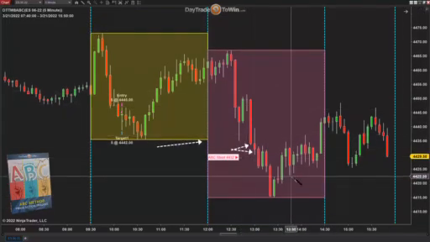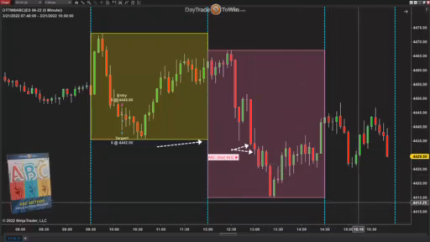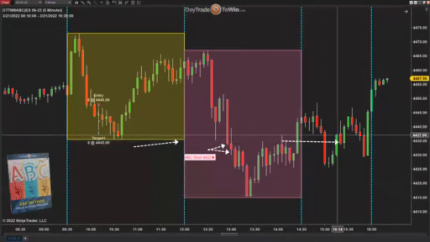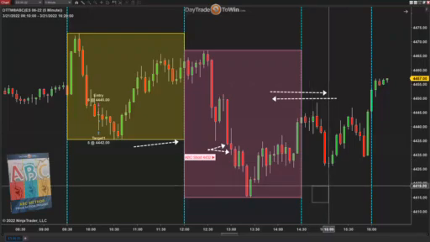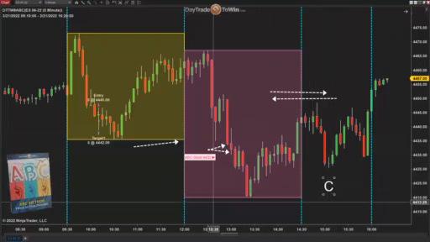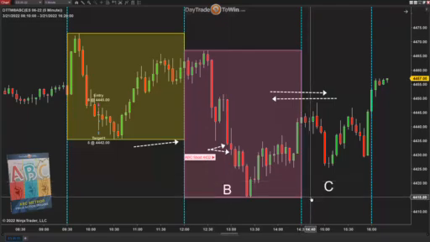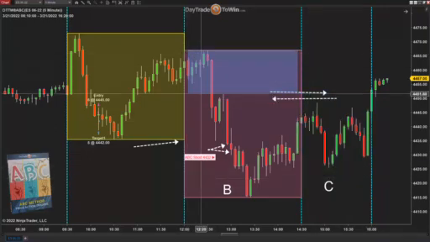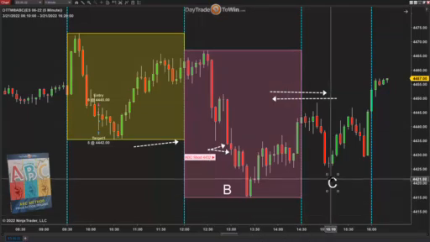Now, after you go short and you're finished with this specific trade, that means the day wants to trade lower, so look for short signals between the B and the C part of the day. Here is the C part of the day, right over here, and this is the B part of the day. The market did not give a late day rally or a late day sell-off. It was actually contained. This data is contained within the B part of the day. So again, there's really nothing happening in the C part of the day.